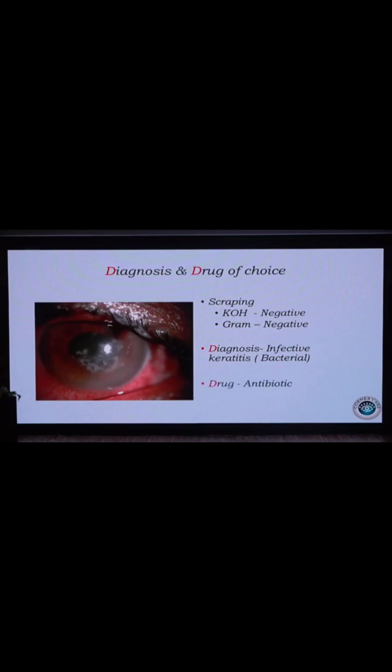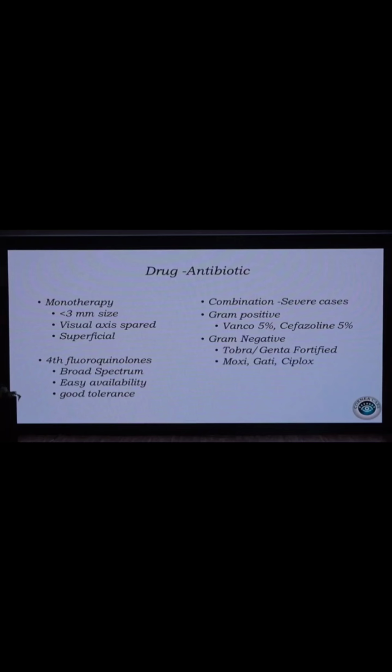Now comes which drug you use. As you know, if the ulcer is small and superficial, we go with monotherapy. We choose a 4th generation fluoroquinolone. And if the ulcer is severe, then we go with combination therapy, where we choose one drug for gram positive and one drug for gram negative. And you must remember that whenever you have made a fortified drug, it should be re-prepared after 7 days, and it should always be kept in